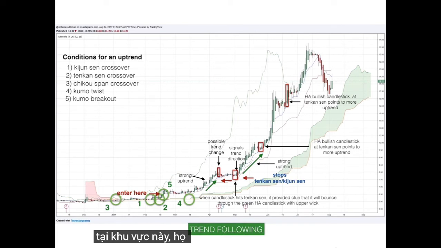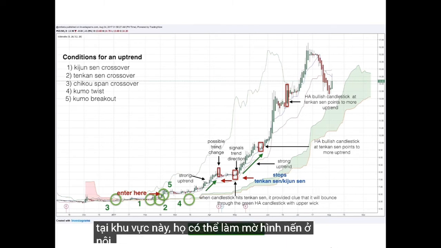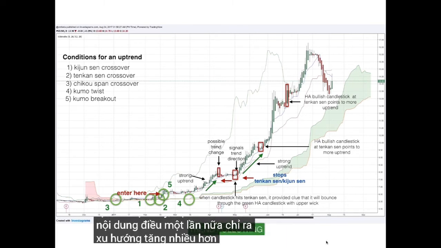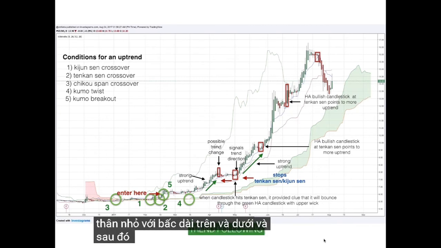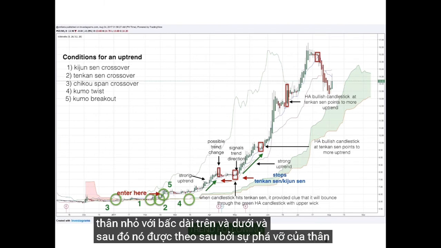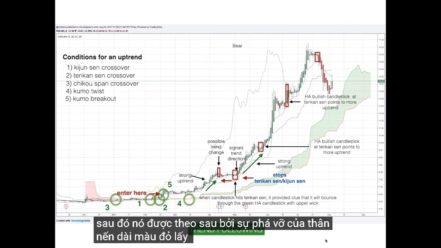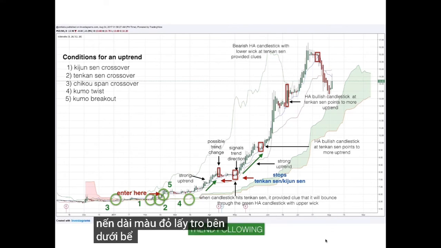At this area, the Heikin Ashi candlestick at the Tenkan-sen again points to more uptrend. However, this candlestick shows you the downtrend because there was a small body with long upper and lower wicks. And then it was followed by a break of the long red Heikin Ashi candlestick below the Tenkan-sen. So there are many clues